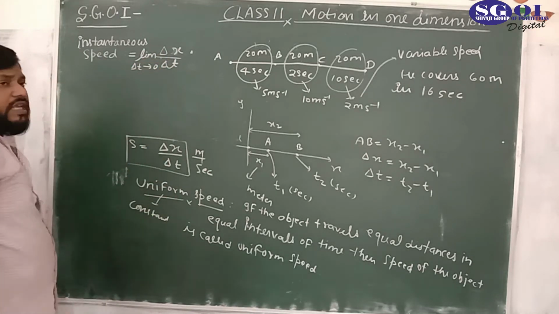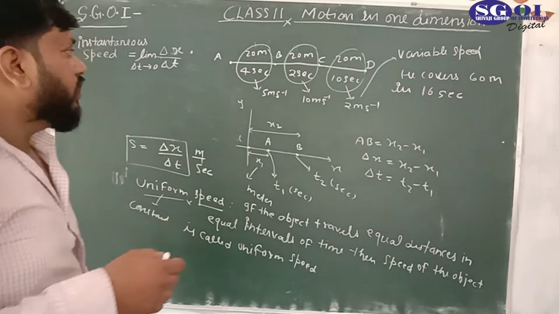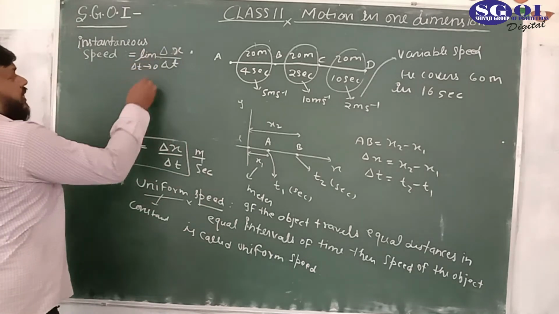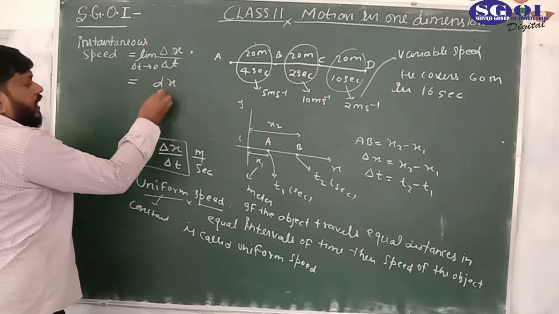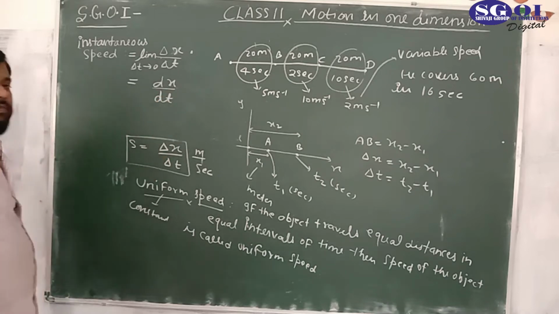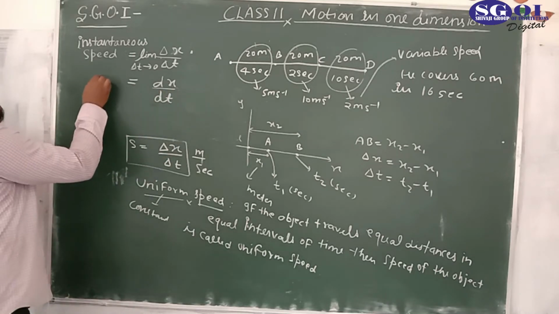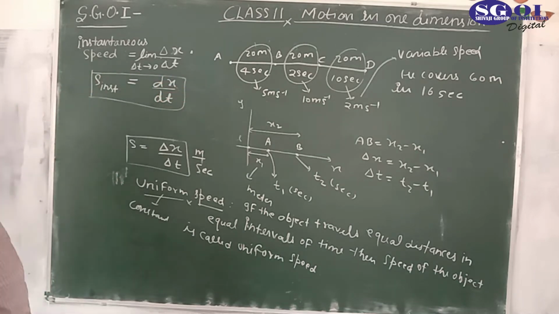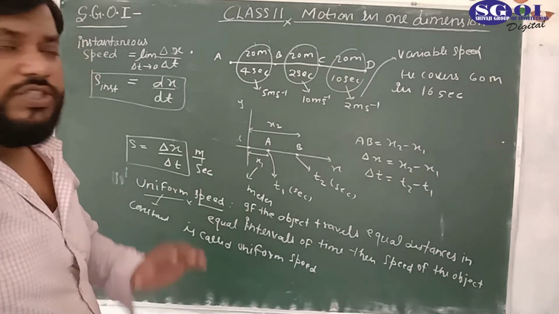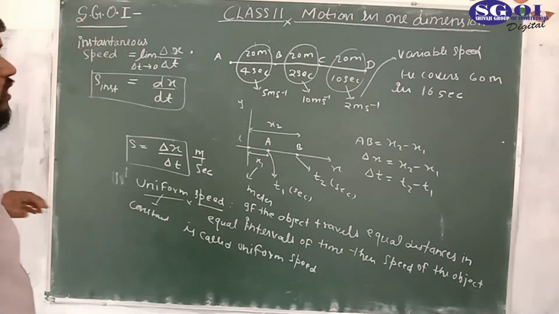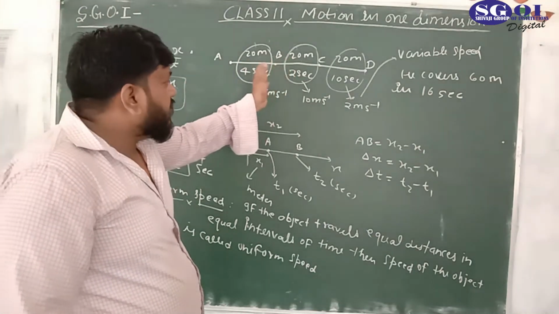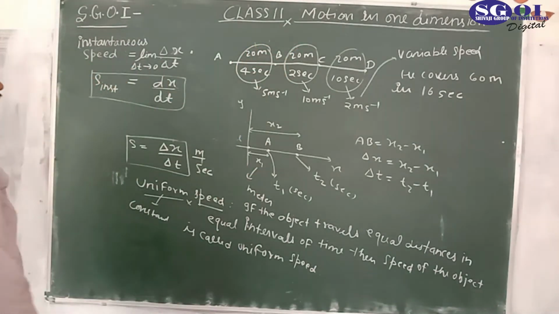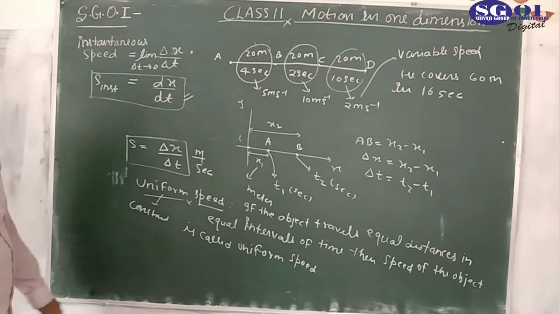And in the case of differentiation, which you would have understood in class 12, it would convert into the differentiation which is dx by dt. So this is the instantaneous speed, dx by dt. Actually, instantaneous speed would be a function of time. It would depend on the time, because as the time changes, every instant of time the speed could be different, could be changing with respect to time. So this is the formula for finding the instantaneous speed.